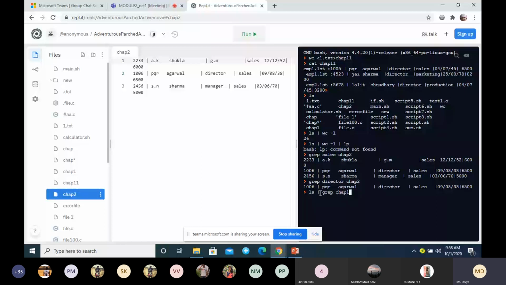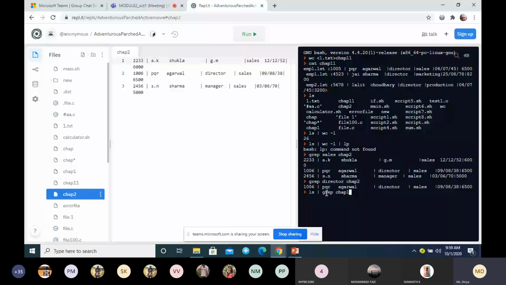After executing the ls command we get these outputs, and that output is given as input to the grep command.